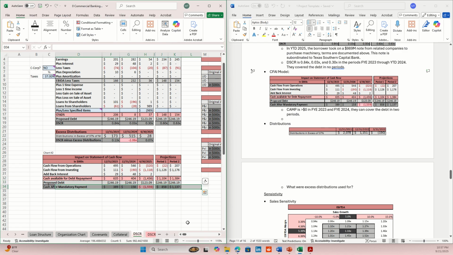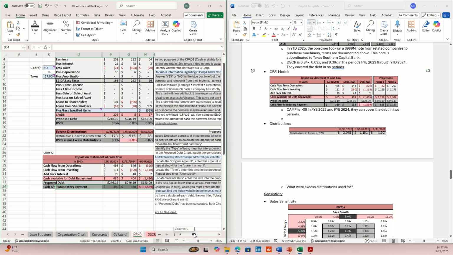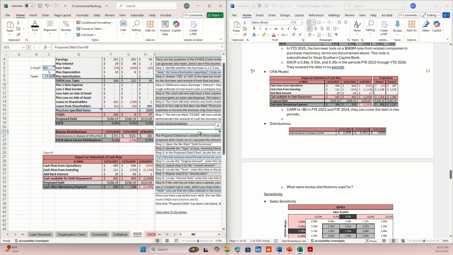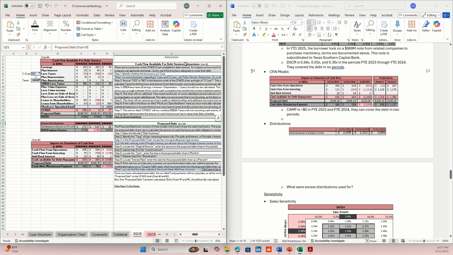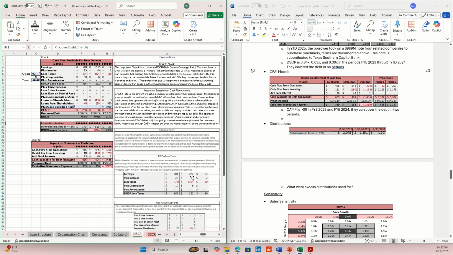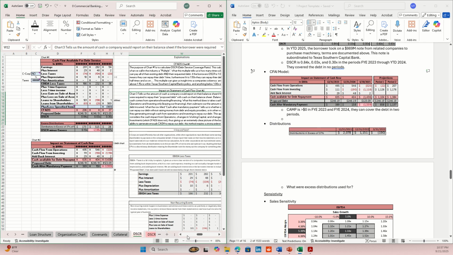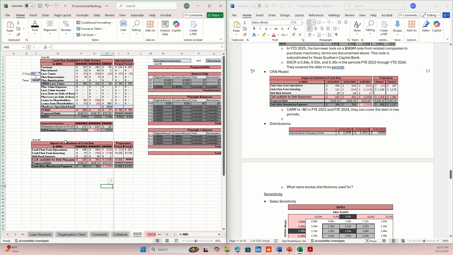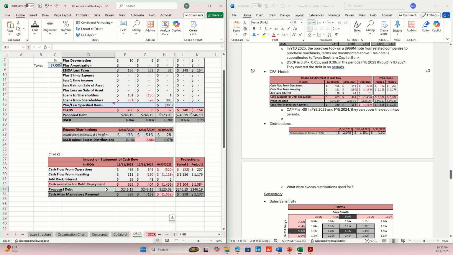I know I went fast. If you are lost, please come over here and read this chart that says proposed. Come over here to the right, and where it says impact on statement of cash flows, chart number 2. It explains what's going on. It'll tell you in greater detail than what I just explained. Remember, this is putting your proposed debt directly onto your statement of cash flows, and it determines how much cash they'd have after